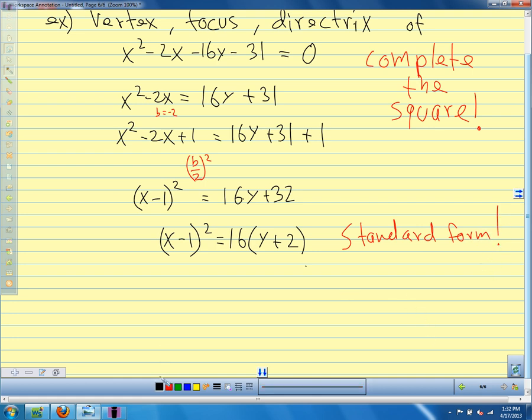So looking at the standard form here, what do we know? Where do we know the vertex is? What do you think, Dominic? Yeah, you're at H and K? Yeah. H be -4. Let's look back